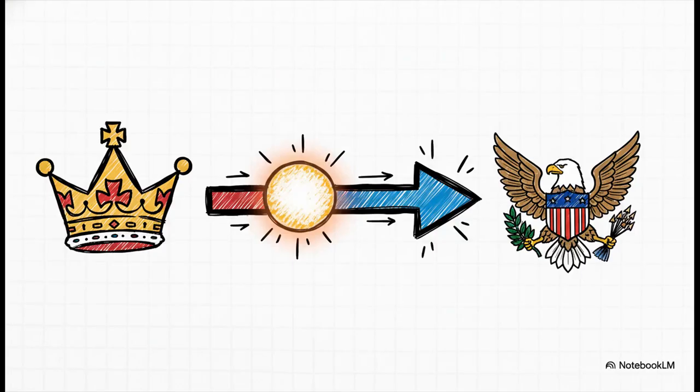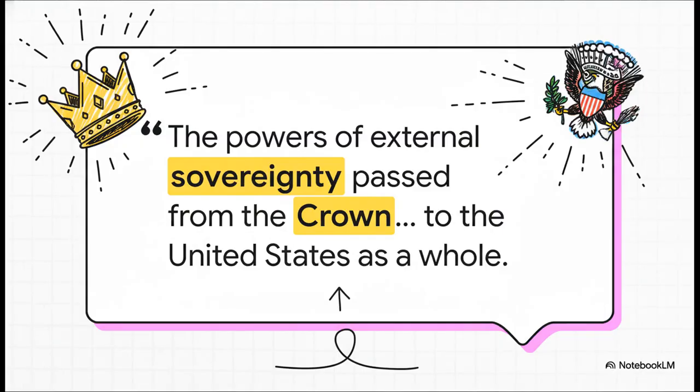Okay, so here's the wild part. The core idea is that when the American colonies declared independence, the powers of being a nation, of being a sovereign, didn't just disappear and then reappear. The argument is that those powers were transferred directly from the British Crown to the new United States as one unified country. And listen, this isn't just some dusty historical theory. The Supreme Court basically made it law. In this huge landmark case in 1936, United States versus Curtiss-Wright, the court said that the president, as the nation's main representative, actually wields the foreign affairs powers that once belonged to the King of England. It's like a direct inheritance of power.